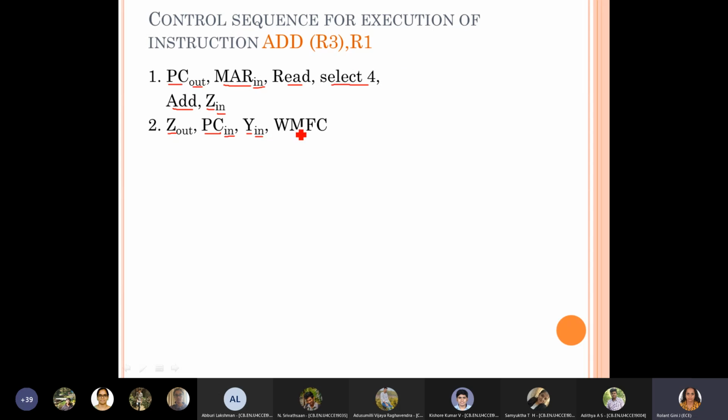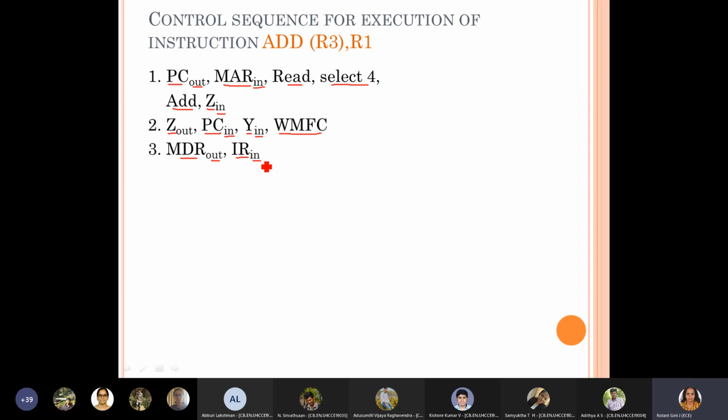Okay, and then we wait for the memory function to complete. That means once memory function complete signal we received, the data can be taken from the MDR register. Okay, so we take the value from MDR and we load it in instruction register by enabling the MDR out and IR in control signal. Okay, and we assume that by the end of third clock cycle the instruction register value gets decoded and identified with what operation it is.